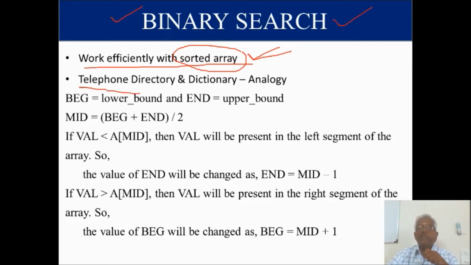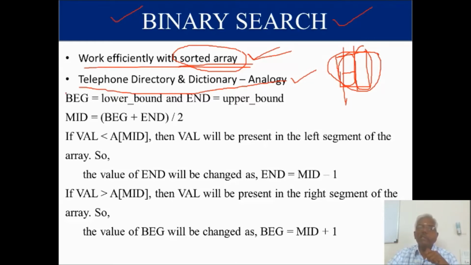The example is telephone directory, dictionary. These are all analogy for binary search. If you take a dictionary, some particular name, if you want to find out the meaning, we are going to divide the list into two halves. If suppose my searching element is available in this part, I am going to search only here. If it is available in the second portion, we are going to search here. Similarly, we are going to divide half by half. Only if it is in alphabetical order, this can be achieved. So here it is also the same condition. If it is a sorted array, we can perform binary search.